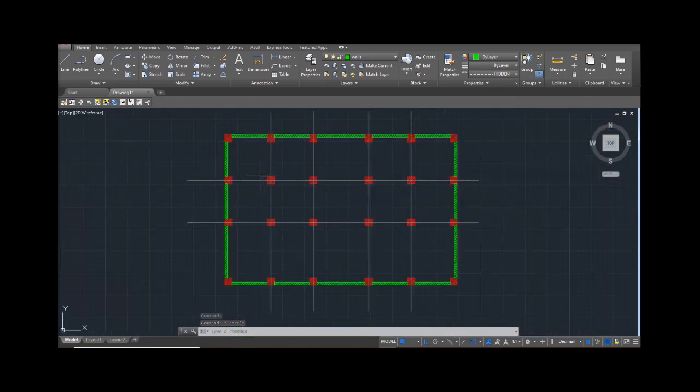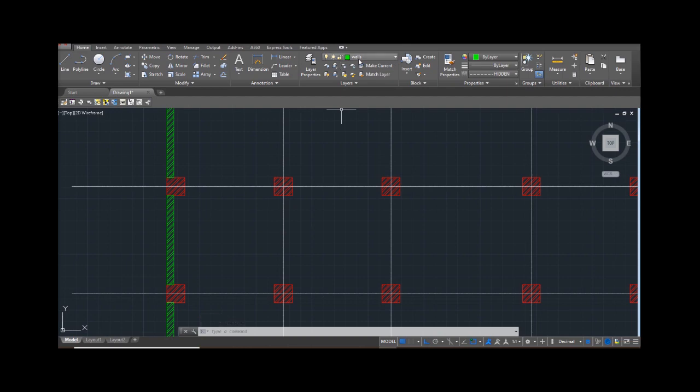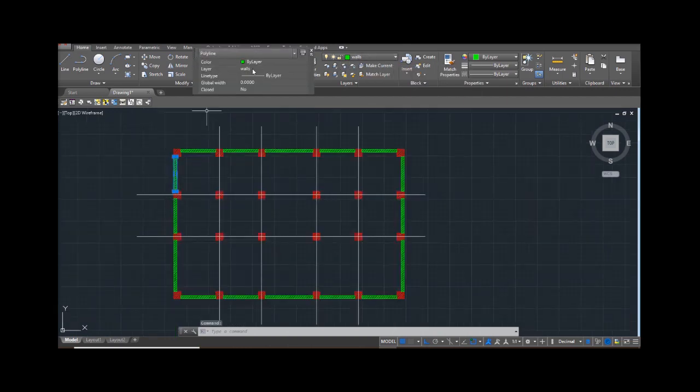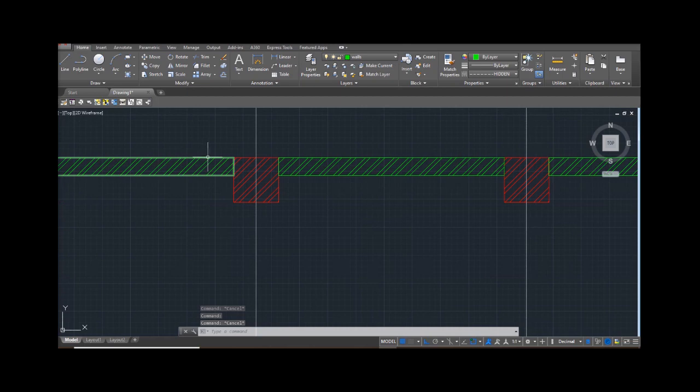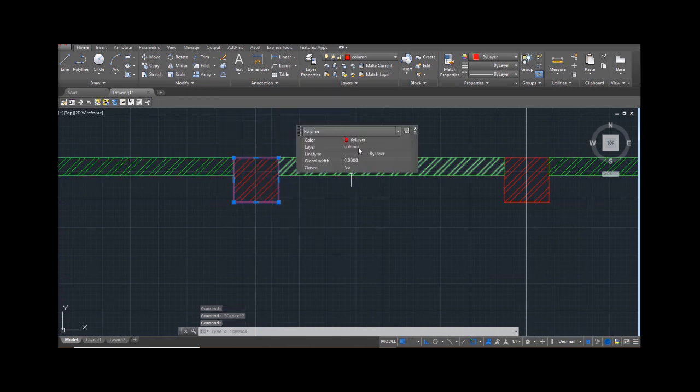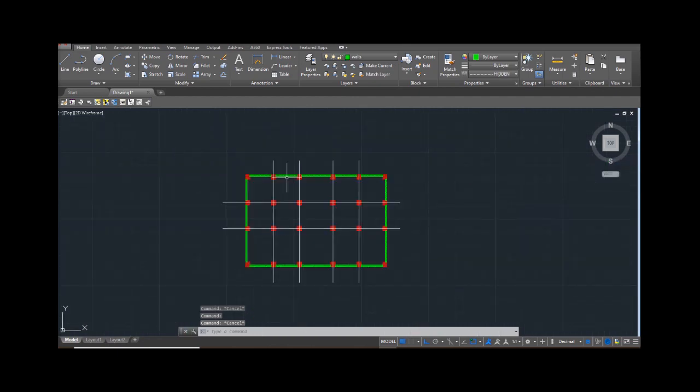So what I did is, this is my walls. First I have to go to this and click on this. Then it will go into the walls layer. So when you bifurcate it, if you click on this, it will show the wall layer. When you click on this, it will show column. So I bifurcated both column as well as the walls.